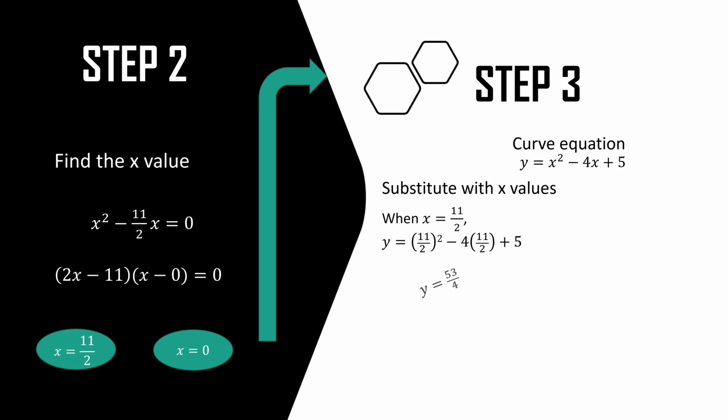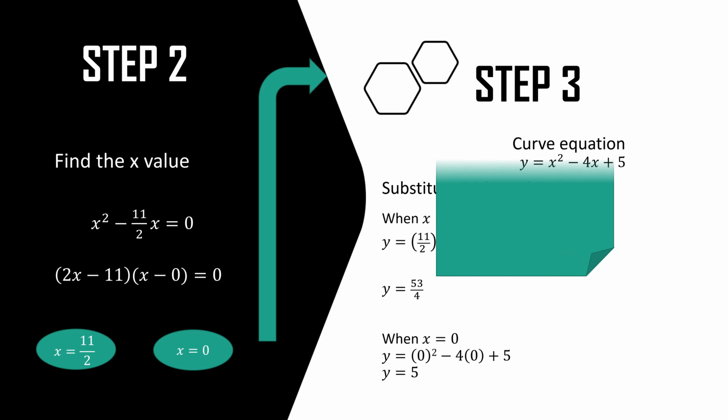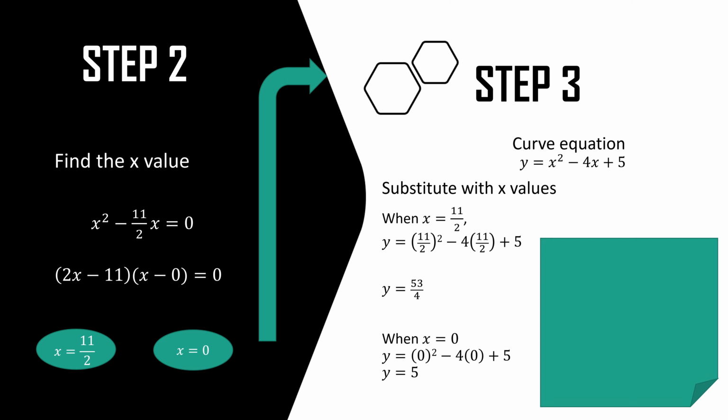The value of y we will get is 53 over 4. We need to do the same thing for the second x value, which is x equals 0. We need to substitute the 0 into the x values, where it will become y equals (0 squared minus 4(0) plus 5), and the y value we get here is y equals 5. From this, we know that the coordinates of A is